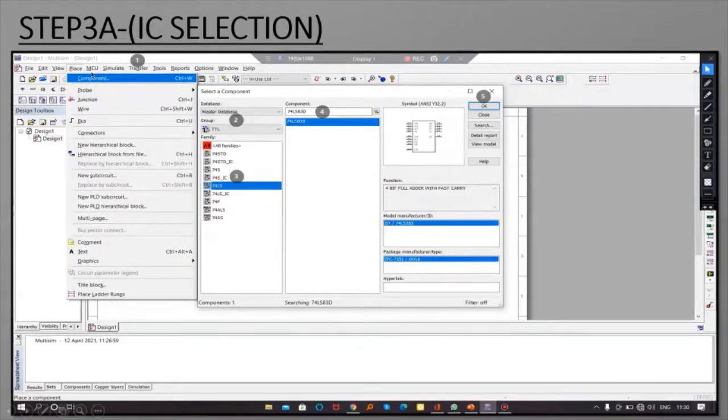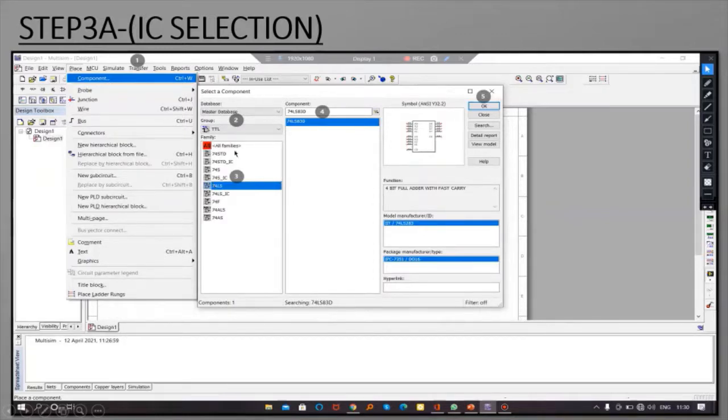So step 3, we have IC selections. In this case, we are using 2 ICs, so I have separated step 3 into A and B. Let's see them. As I already told you, Place, Component, but from the group, you have to select TTL for all gates and logic.